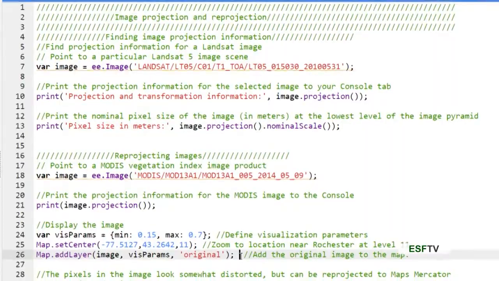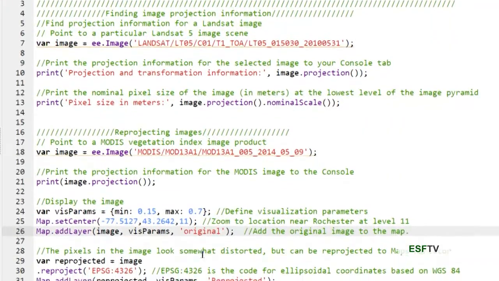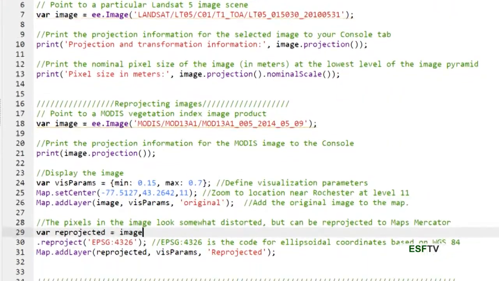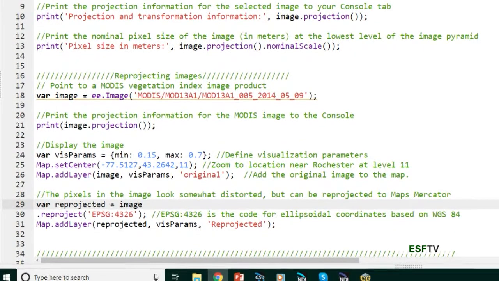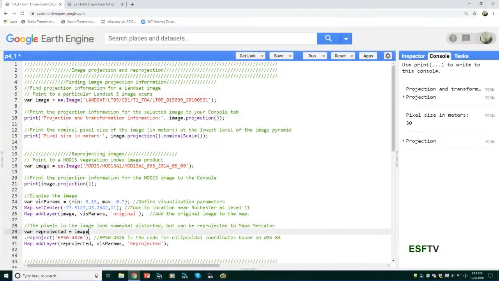And then going on to line 29, as you see there, that's how we can assign another projection system to this image. And now, theoretically, we will be looking at the image from a different angle, which will show some kind of transformation to the image itself. So when I hit run here,